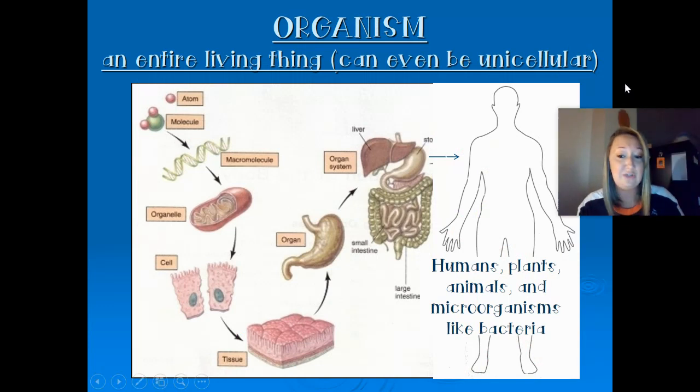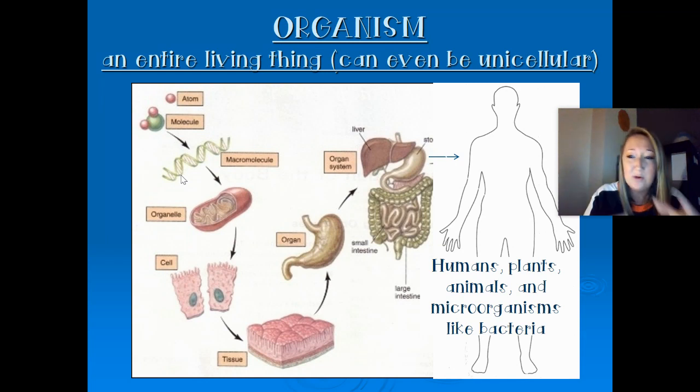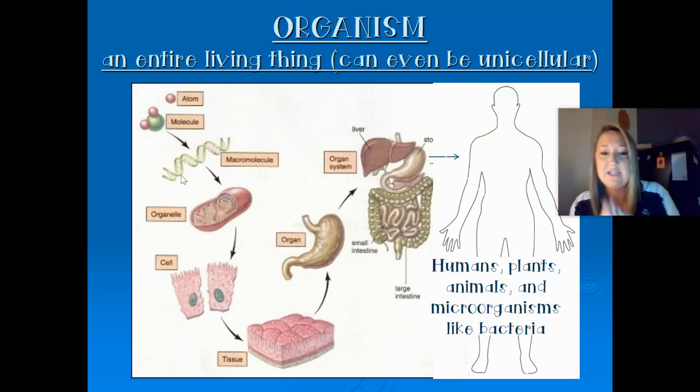And this can be something that's unicellular, like a bacteria, or it can be something that's multicellular, like us, right? We've got all of these parts. We've got atoms that make up molecules and molecules that make up macromolecules like DNA, right? That's a macromolecule, a really large molecule. The instructions for how your whole body is set up, all contained in that macromolecule of DNA, right? And then that DNA gives instructions to the cell for these organelles and these parts. And then the cell is the smallest thing that can live on its own, right? And then that cell makes up tissues, and then those tissues make up organs, and then those organs make up